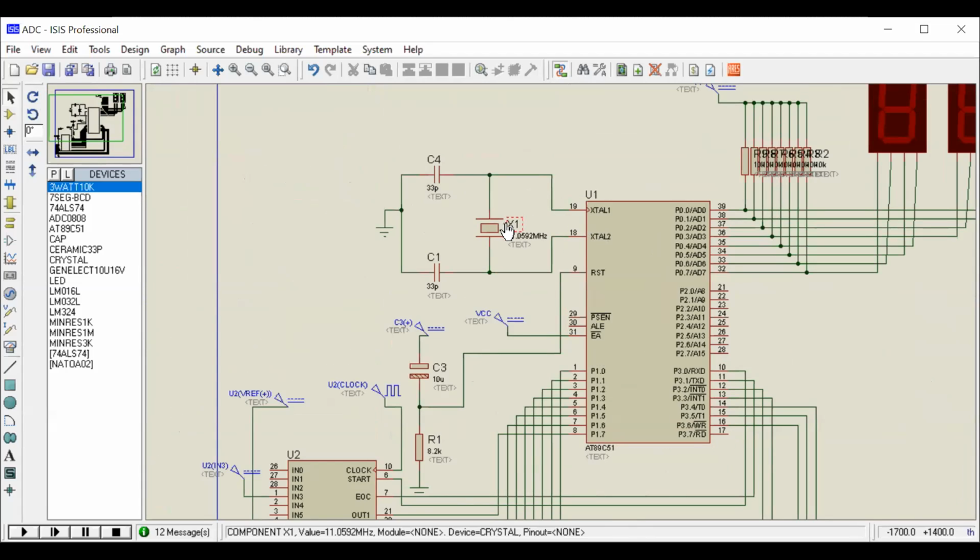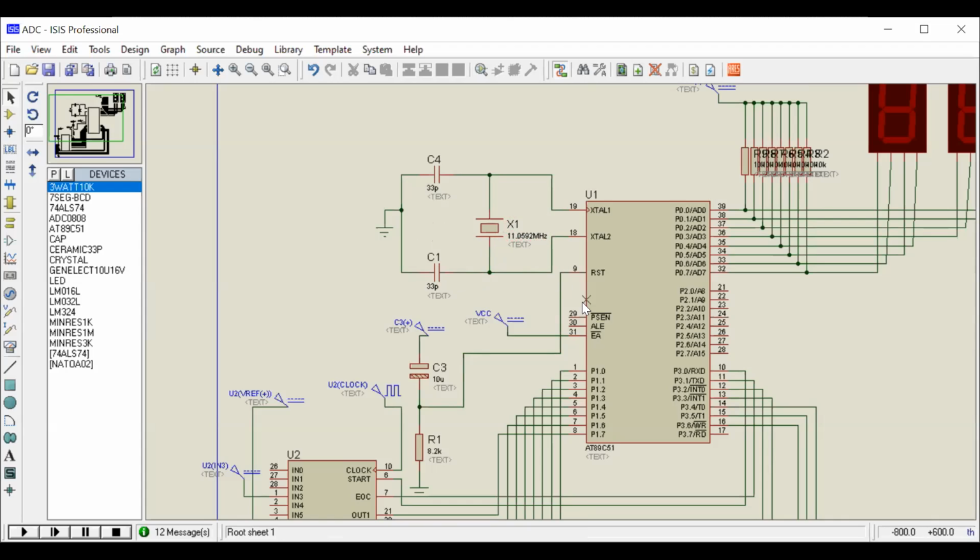We already finished this in the previous session. These capacitors are 33 picofarads, so initialize those values, and then the external crystal oscillator frequency is 11.0592 megahertz. You pick this from the libraries, connect it, and change these values.